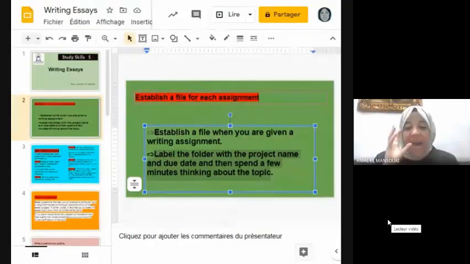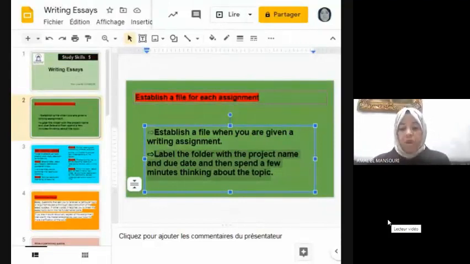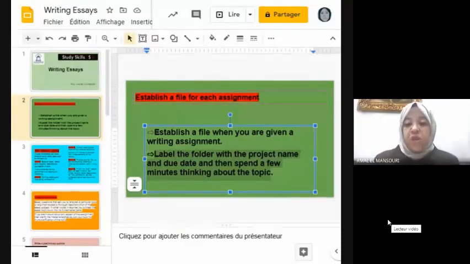What aspect of the topic you might want to cover, and what different perspectives might there be on the topic. And of course, you have to use a planning technique that suits you.